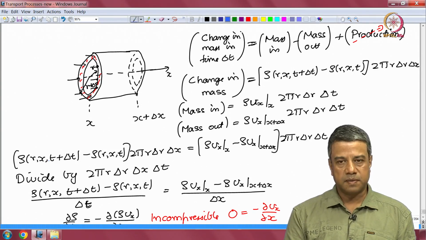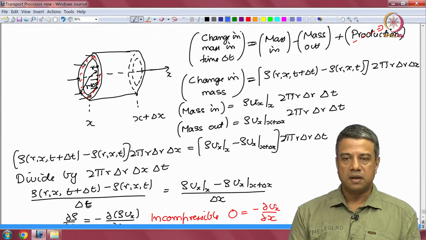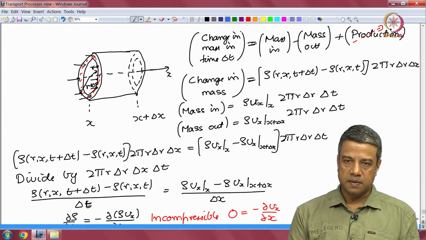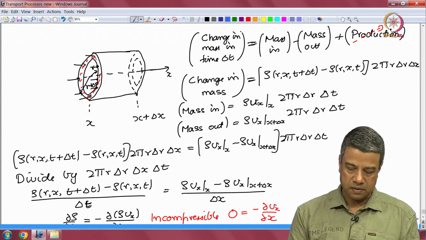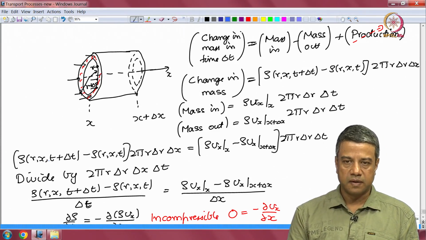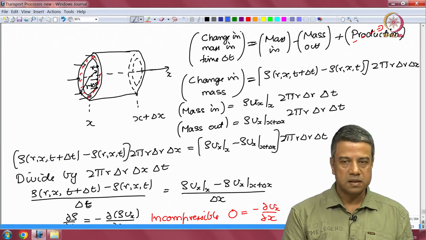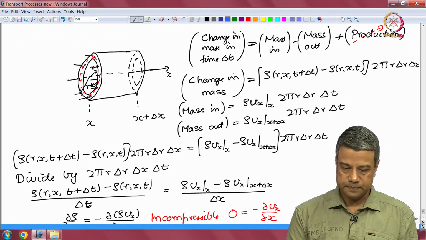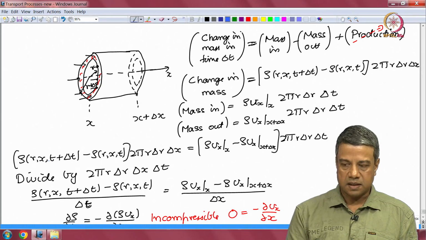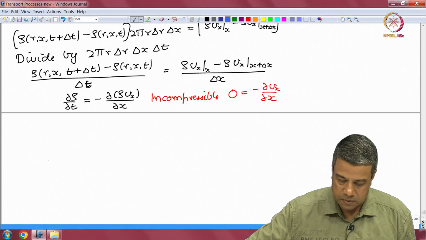In liquids, the speed of sound is much higher. In water, for example, the speed of sound is about 1500 meters per second. So there is a larger range of flow velocities over which the flow can be considered incompressible in liquids. So long as that is the case, the conservation equation is